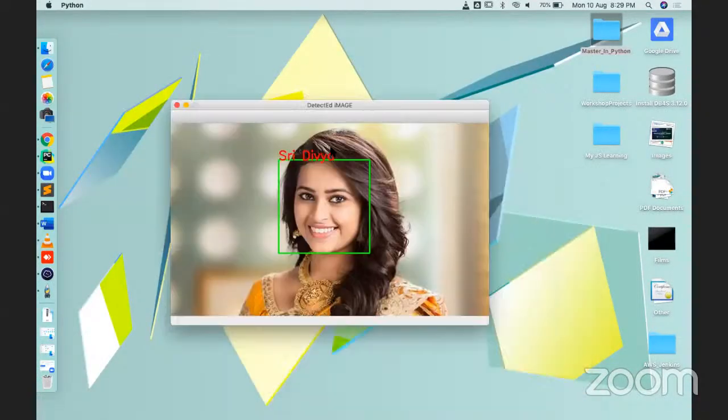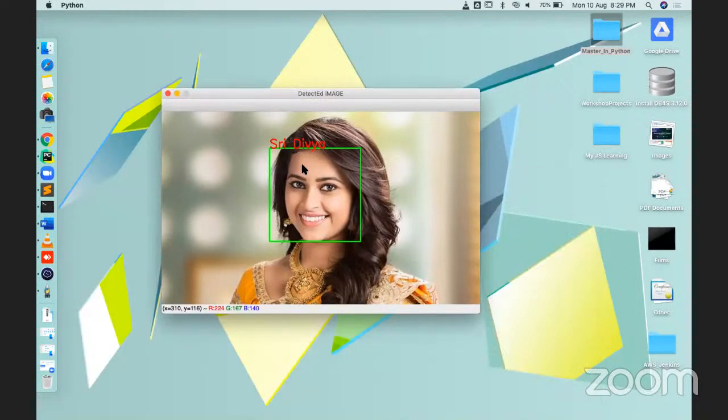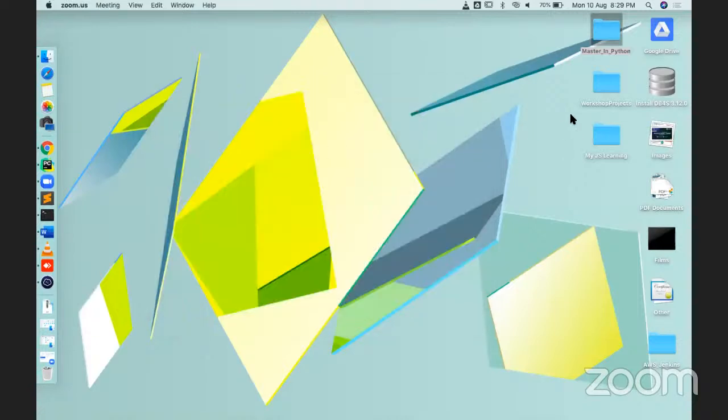Now we are getting Sri Divya. We are getting the face box. It's not person, it's just one face. And we are getting the name of my celebrity, and the celebrity name is Sri Divya. Like suppose for example, I'm just going to quit this, and